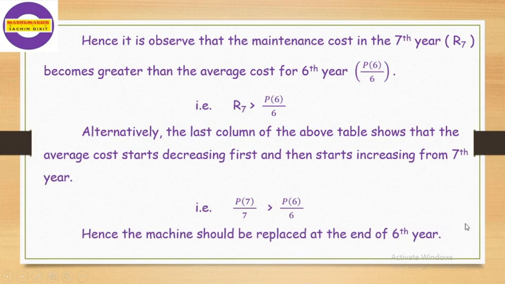If you remember in the previous lecture, we mentioned that these values are equivalent, and that is a usual deduction. Theoretically we have to prove this. Now numerically you can observe here, this value and this value are identical, and that completes the problem. And from this problem we can say that the machine should be replaced at the end of the 6th year for this given data.